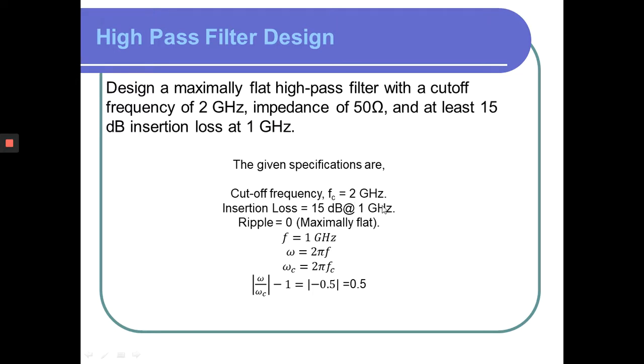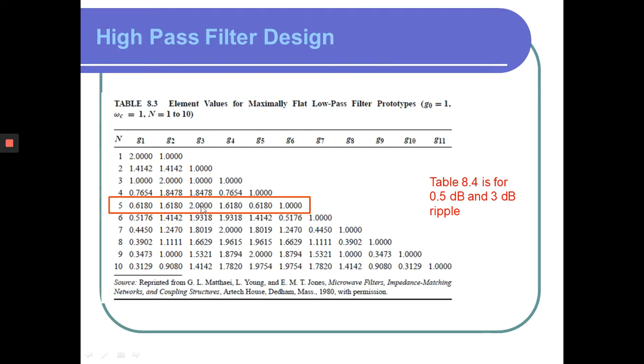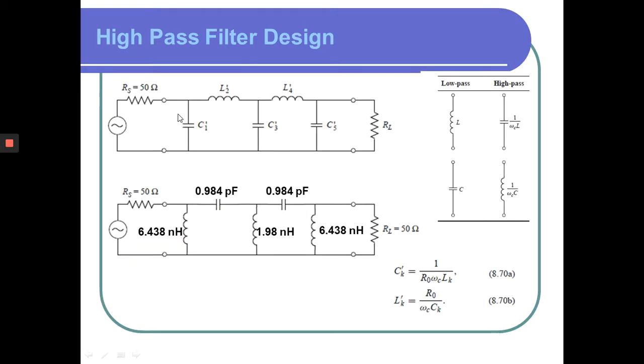Insertion loss at what frequency is given and what insertion loss, and then from there we get 0.5 with the help of this equation, and with the 15 dB insertion loss and this one we find the order. We got the order of 5, so we find out the element values, and then we have designed a low